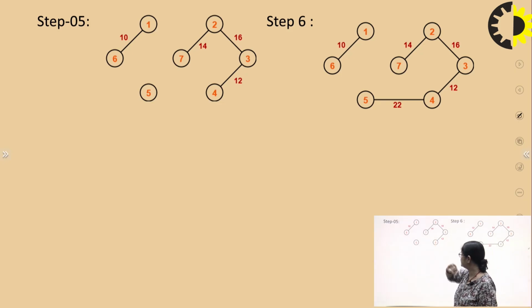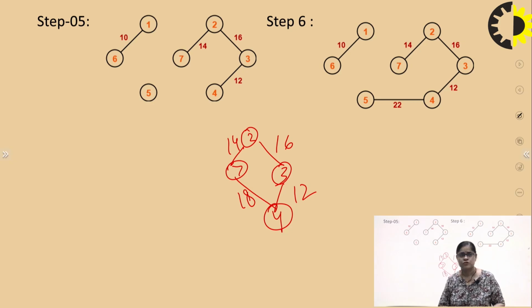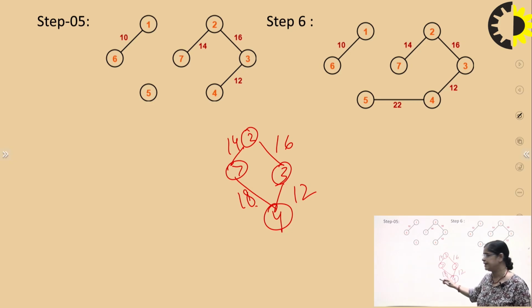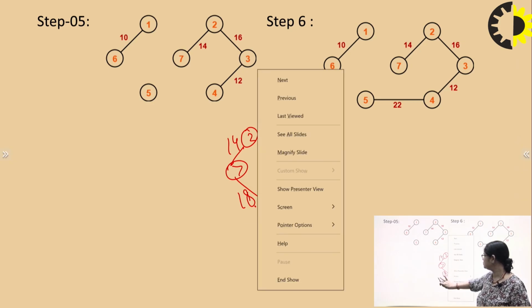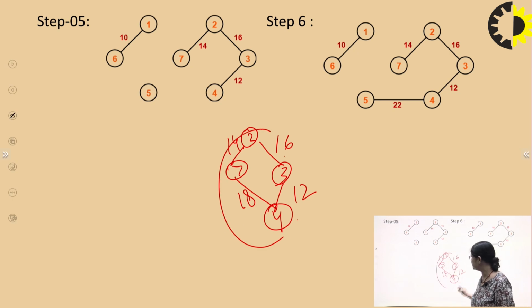If you see in the example, here it is 2, here it is 3, here it is 7, and here it is 4, right? So here it is 14, 16 and 12. If you remember in the previous slide, the edge between 7 and 4 has the weight 18. If I connect the 18 here, it is the highest compared to the 16, and it will create a cycle.